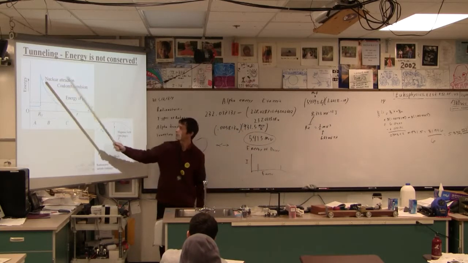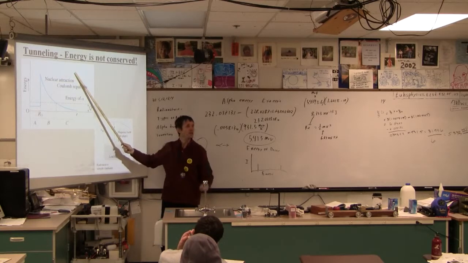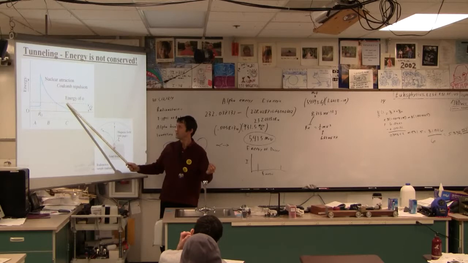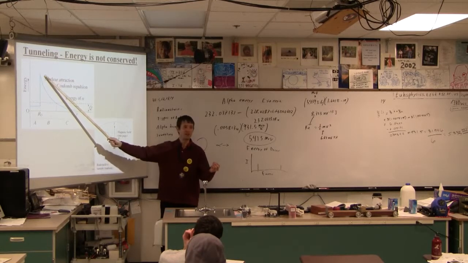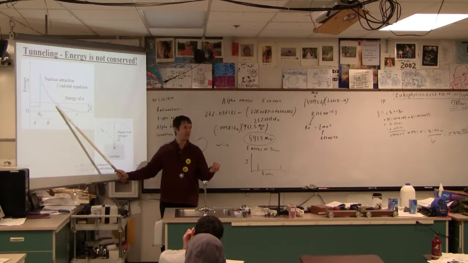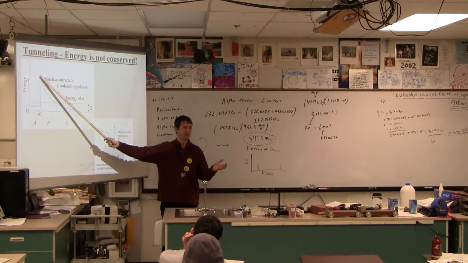Because we've done alpha capture experiments, we know that they've got to have this much energy. Yet when we see these alpha particles, they don't have that much energy. They've got this much energy, yes? They should have 15 or something million electron volts. They come out with like 5, right? So the question is, how did they then escape? Well, if they didn't go over this barrier, what did they do? Yeah, they tunneled through it.